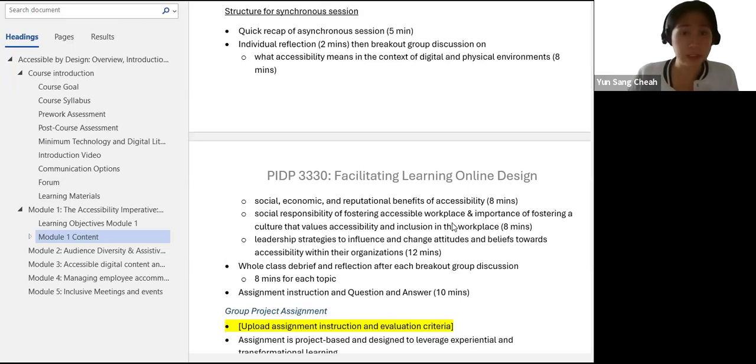So this really aligns with andragogy and experiential learning theories, and I also try to incorporate opportunities for reflection, which aligns with constructivist learning theory. And we have authentic assessments incorporated in the course design too, which I learned from our